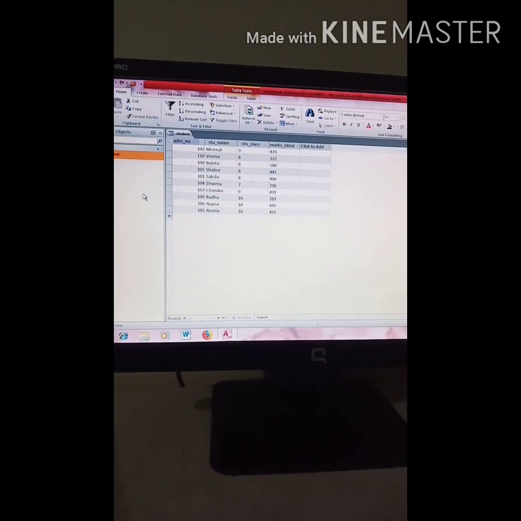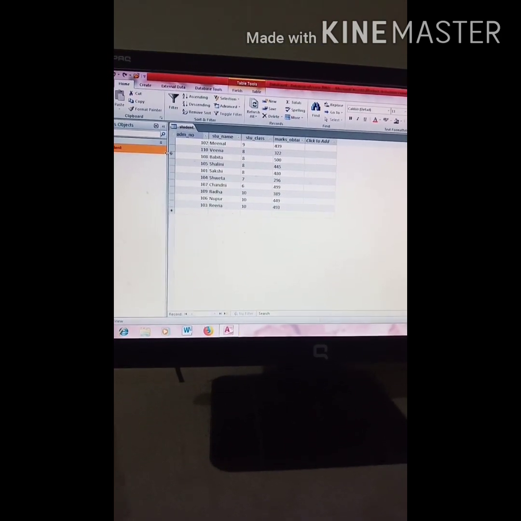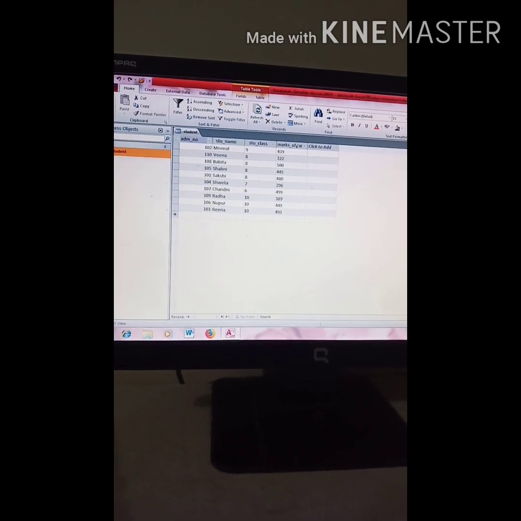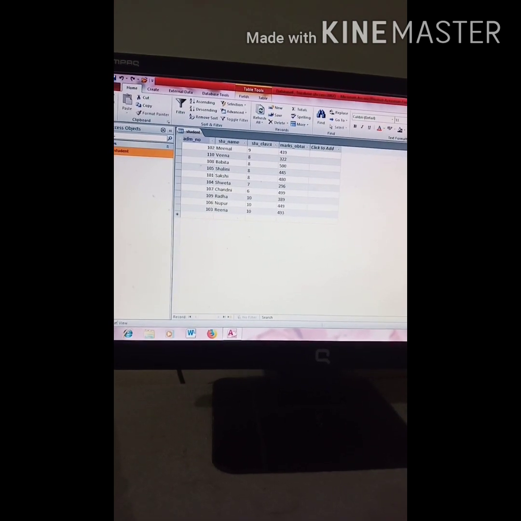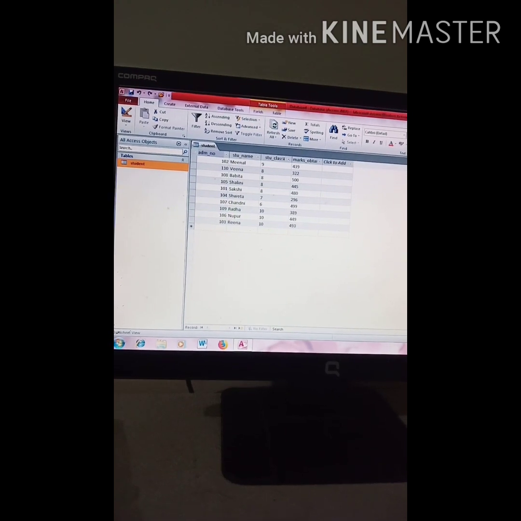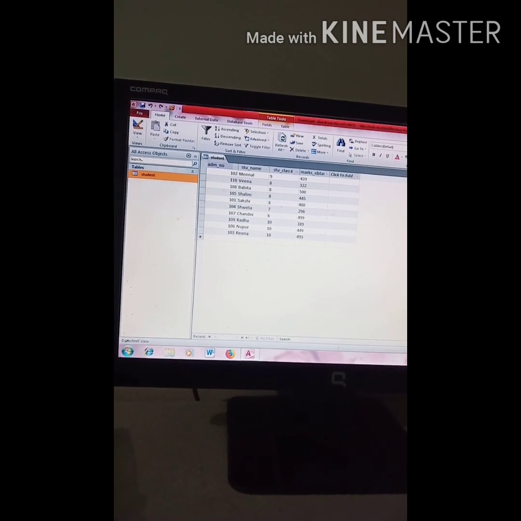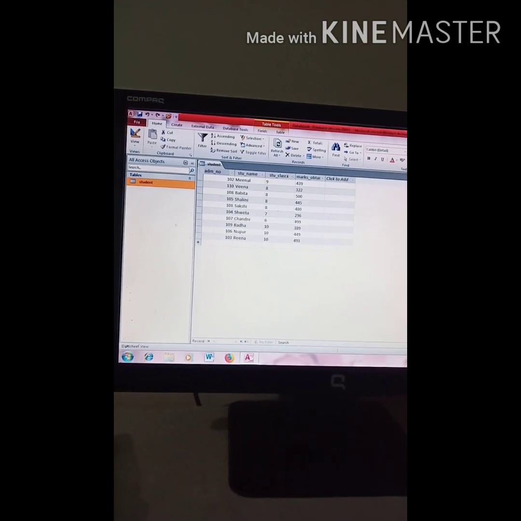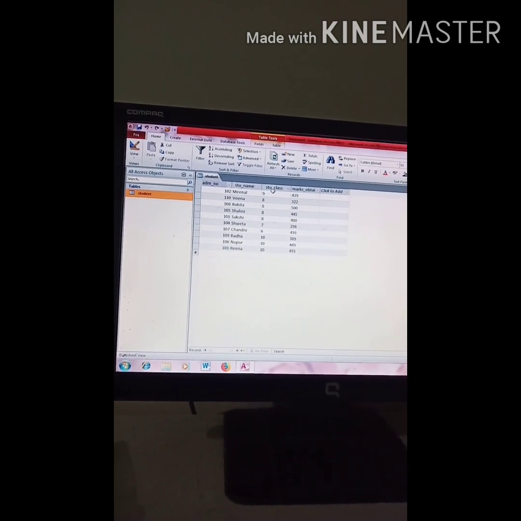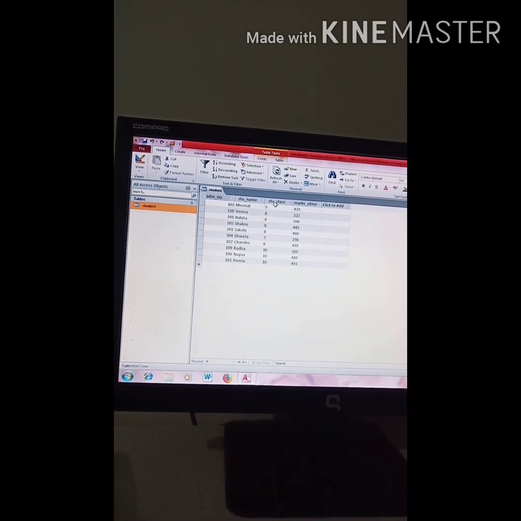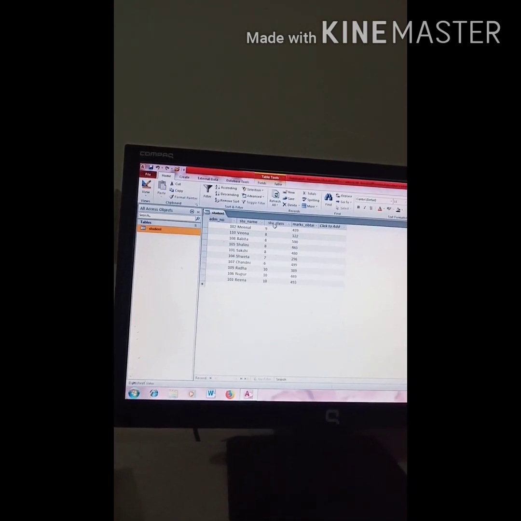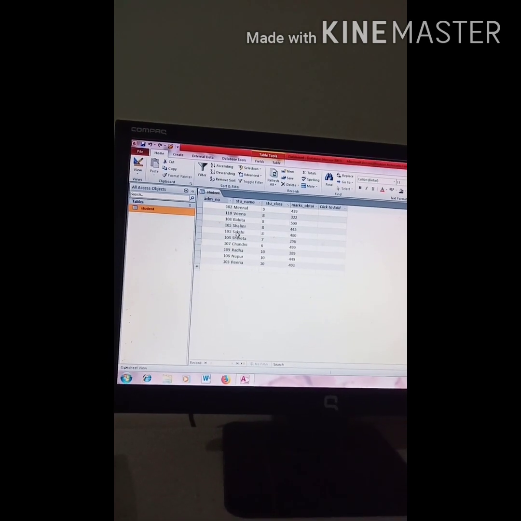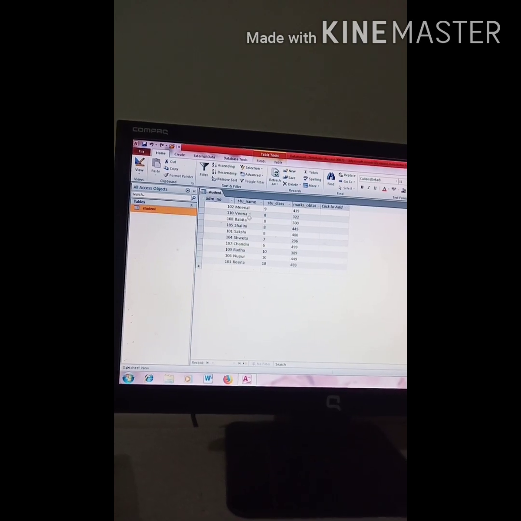I have created a database table of the name student, and I have taken fields of admission number, student name, student class, and marks obtained. In this session I am telling you about how to arrange the data in a particular form, or we can say how to sort the data. As you have seen in the attendance registers of your teacher, your names are written in a particular alphabetical sequence. Here I have written the names in distorted form, that means they are not alphabetically arranged.